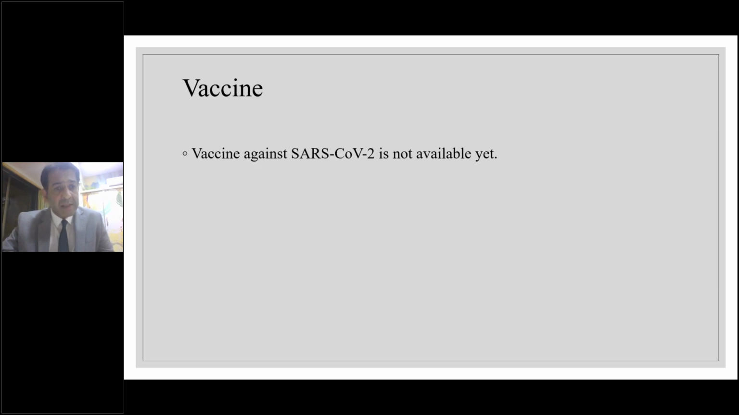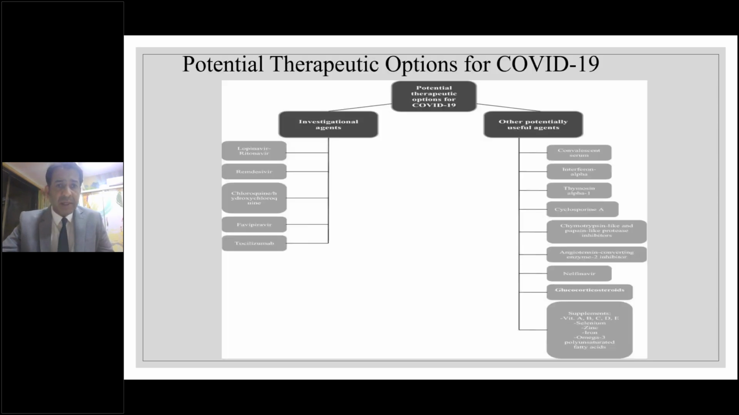As we all know, there is no available vaccine for SARS-CoV-2 as of now. So what are the potential therapeutic options for COVID-19? There are many agents like remdesivir. Many people have started tocilizumab and chloroquine, hydroxychloroquine. The other potentially useful agents are interferon alpha, cyclosporine, angiotensin converting enzyme 2 inhibitors,